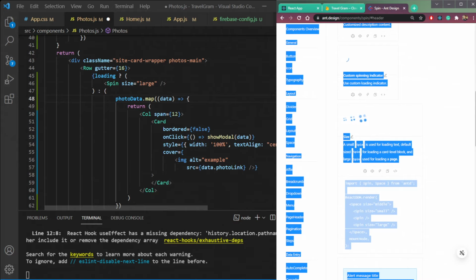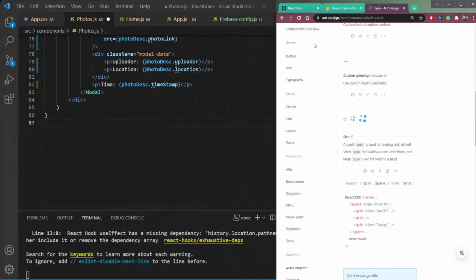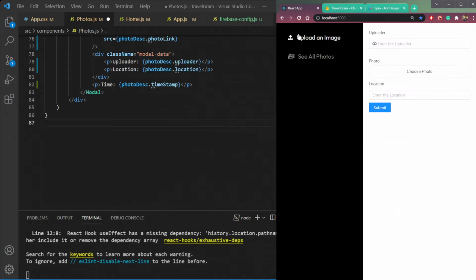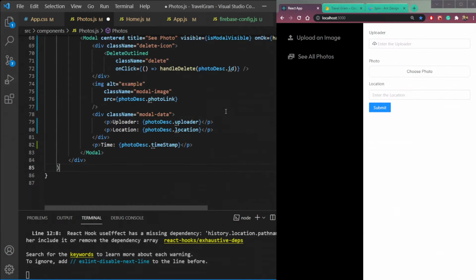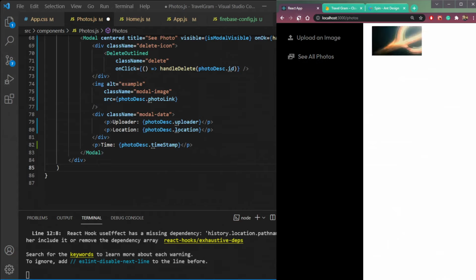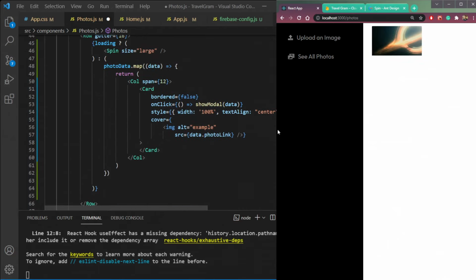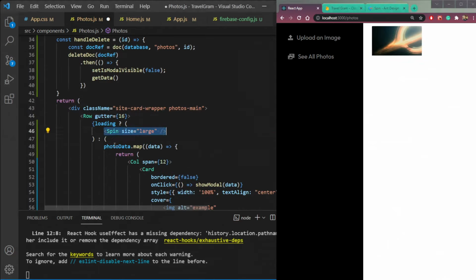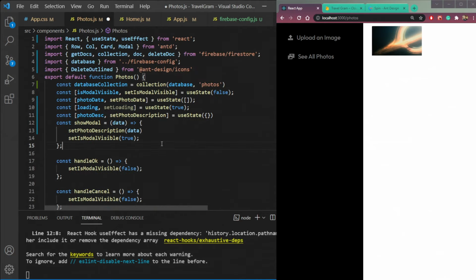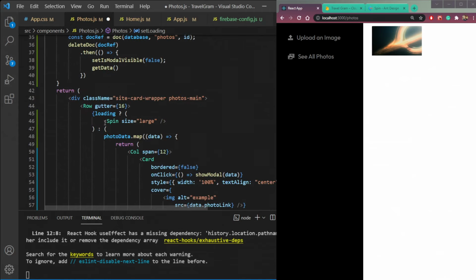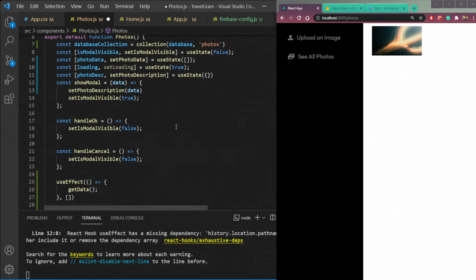So it's added. Okay, fine. So let's now try this. Let's go to upload an image, then see all photos. So we're not seeing the loader here, but the image is here. If it is true, we should be able to see the spinner.